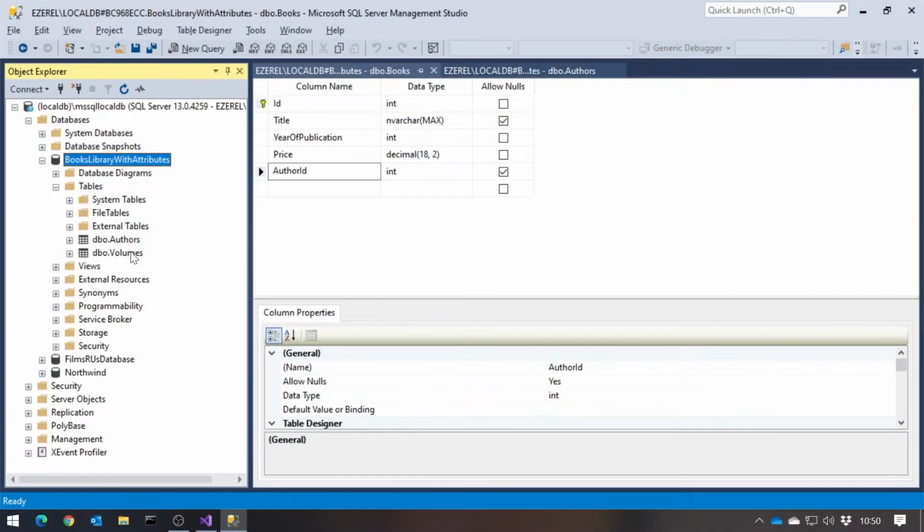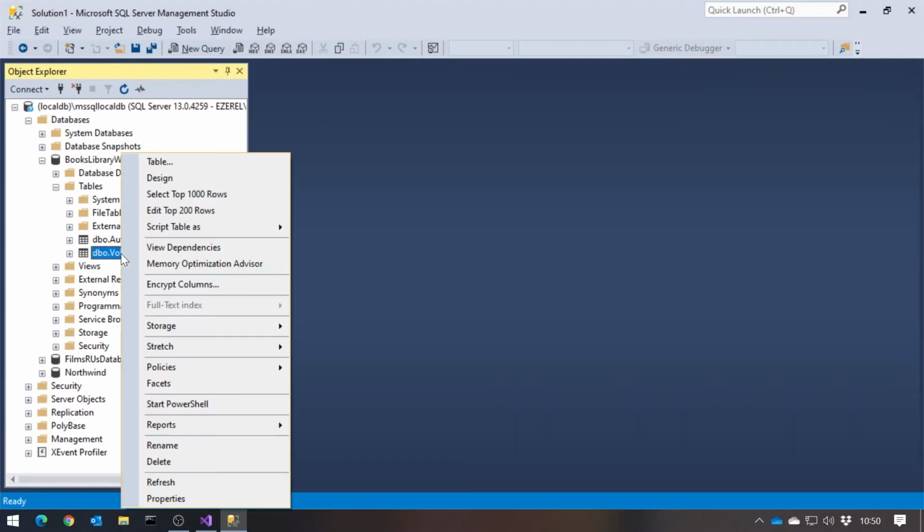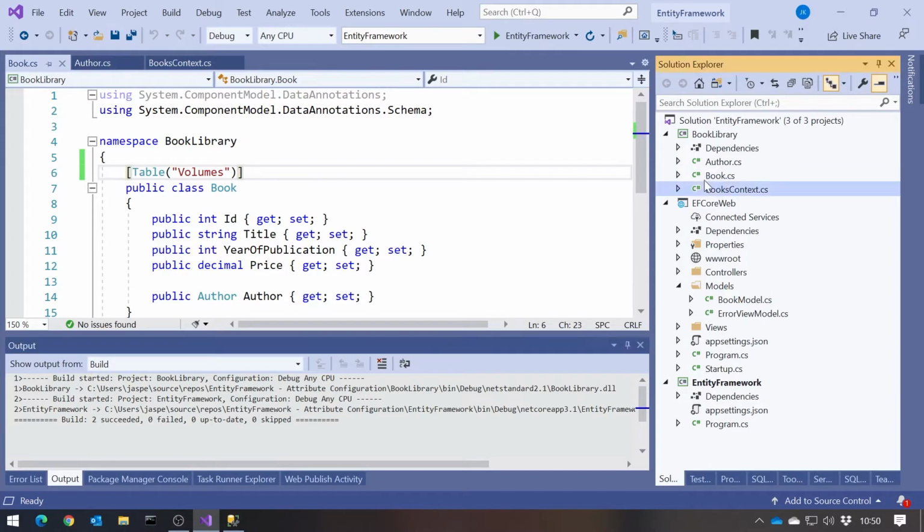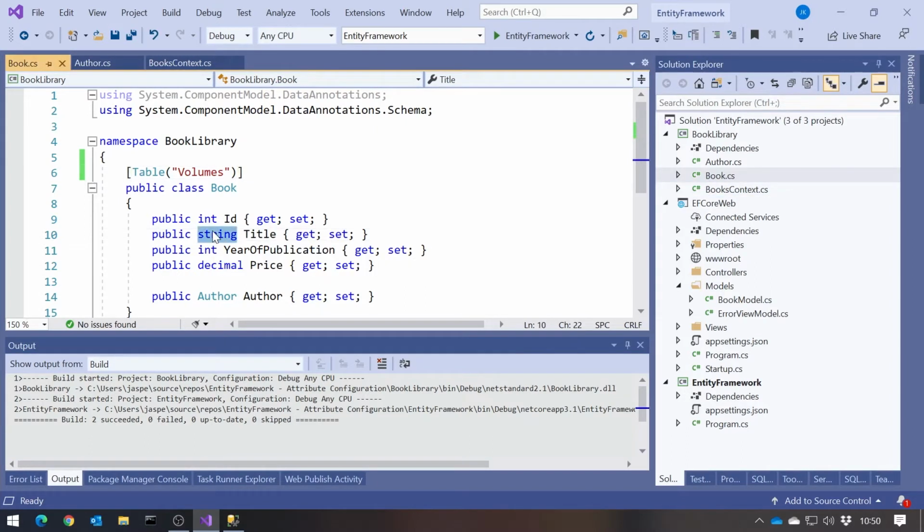For example, if we look at our volumes, as it's now called, we can see that the title is nullable, so there's the tick in the allow nulls column, and the year of publication is not nullable. The reason that has happened is simply because if we look at the code, we can see title is a string, which is a reference type in C#, therefore can be null, whereas year of publication is a value type and therefore cannot.